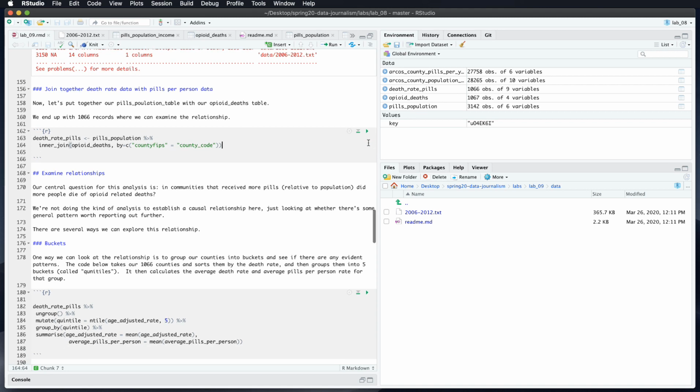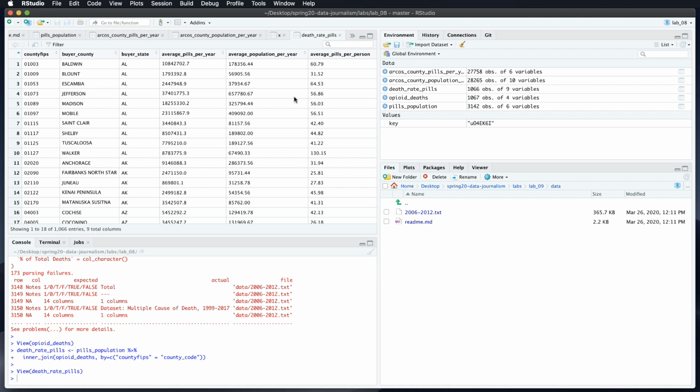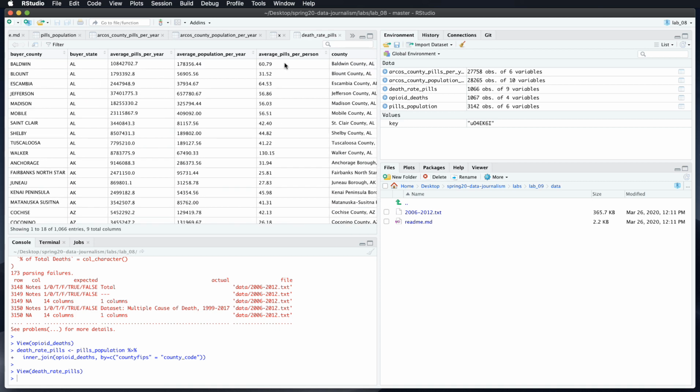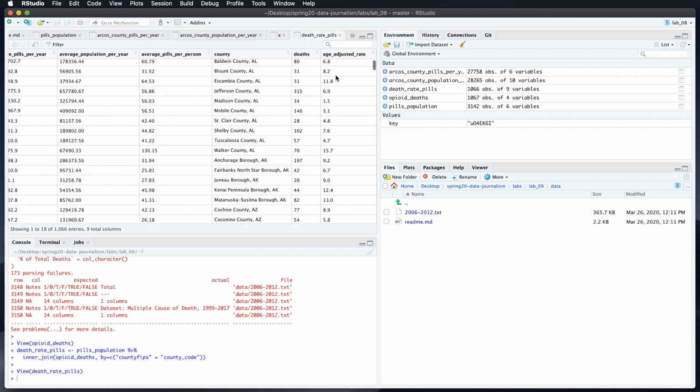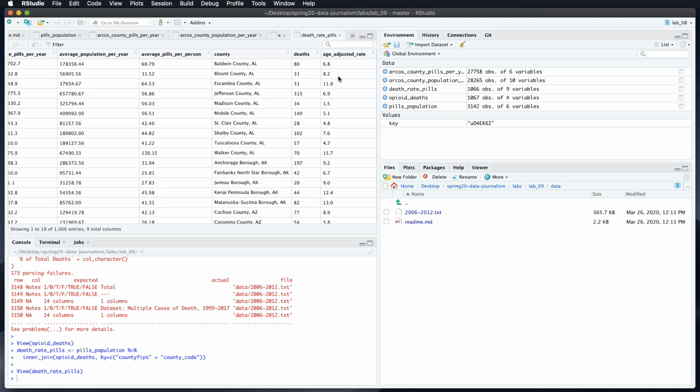Okay, so we end up with this one table of 1,066 counties that has the county code, county name, the state. We've got the pills per person rate. This is what we really want to focus on here. And the age-adjusted death rate. So what we're really going to be looking at as we go forward is